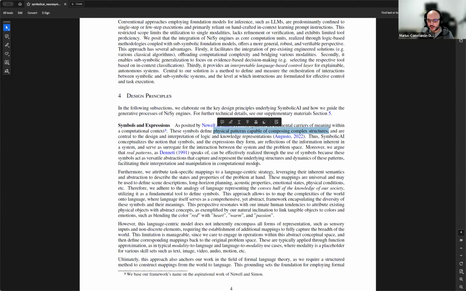So this is the gist of why we call everything symbols, and that inspired us to name our entire framework in aspiration to Newell and Simon's work, symbolic AI, because it's also inspiring to see the resurgence of symbolic computation versus all these connectionist models that we experienced the last 20 years, if you want.